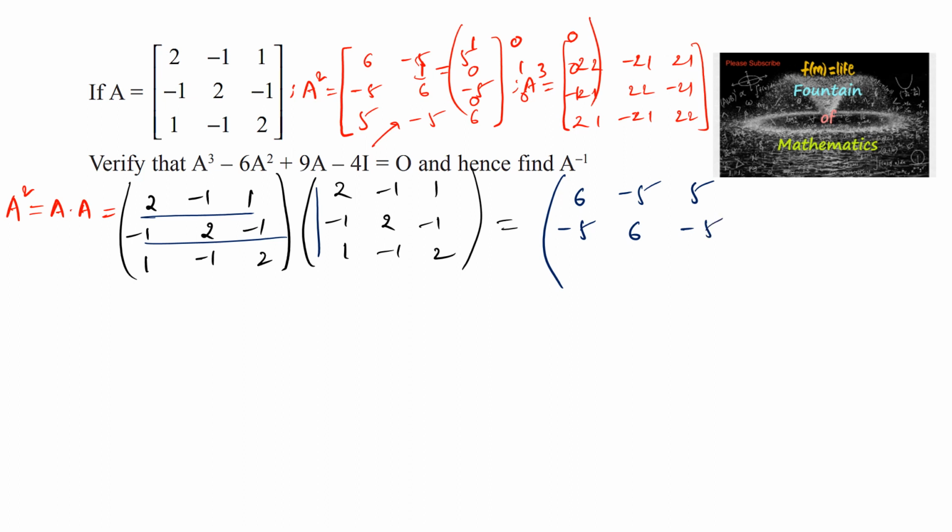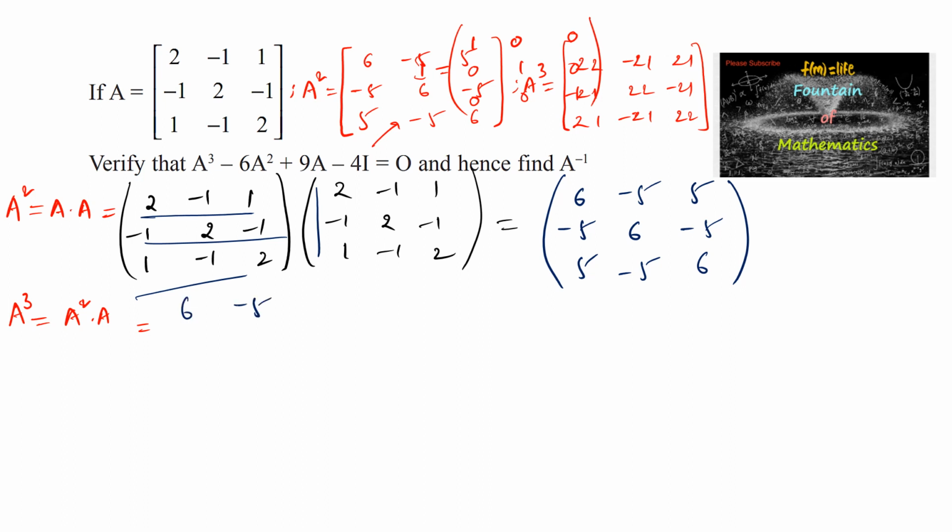And next, 1 2s are 2, 2 plus 1 is 3, 3 plus 2 is 5. And again third row with second column: negative 1, negative 2 is negative 3, negative 3 negative 2 is negative 5. And again 1 plus 1 is 2, 2 plus 4 is 6. So we have [6, -5, 5; -5, 6, -5; 5, -5, 6] as A². Now A³ is equal to